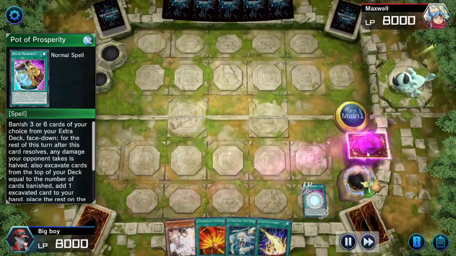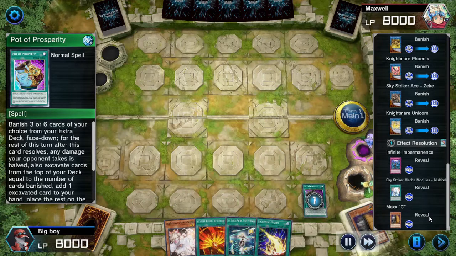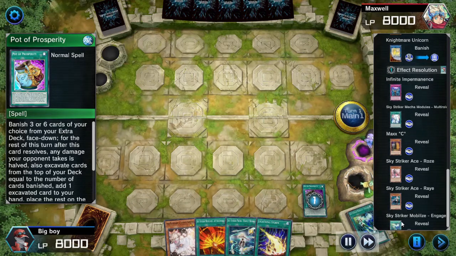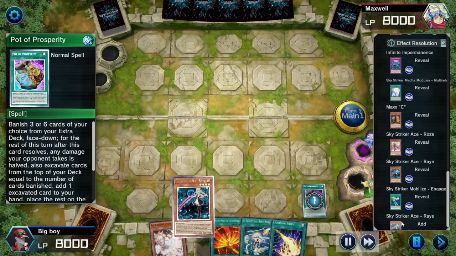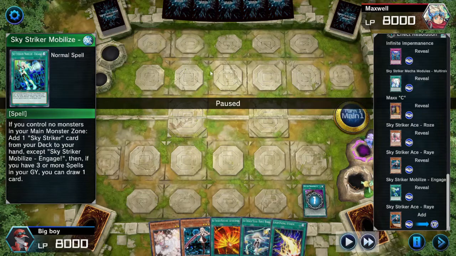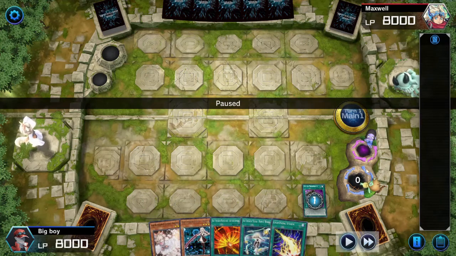Prosperity. See if we get anything good. Boop, we revealed Imperm, multi-roll, Maxi, Rose, Ray, Engage, and another Ray. Why did I not add the Engage? Because remember, we can't kill him at all. You want to save your Engages till like turn 3 when you can potentially attack. And of course, we don't have a name on board. It's always good to have Ray Engrave, especially since we're going first. Because that means we can make